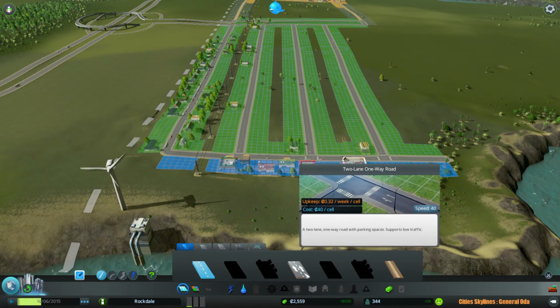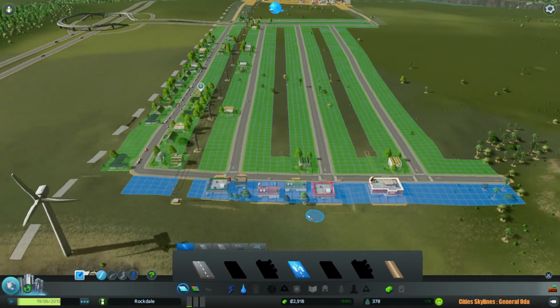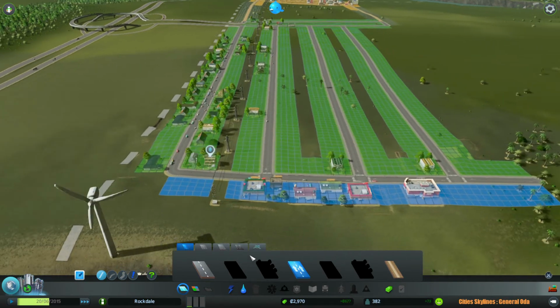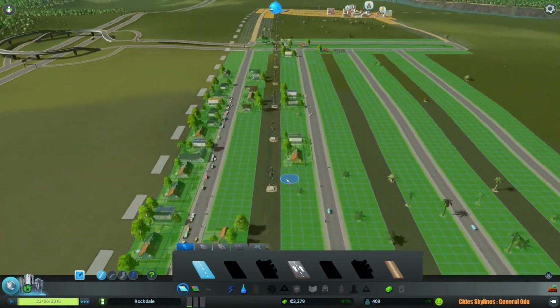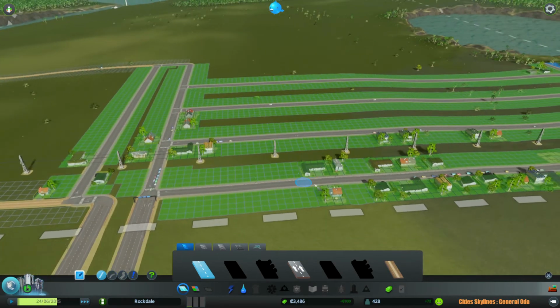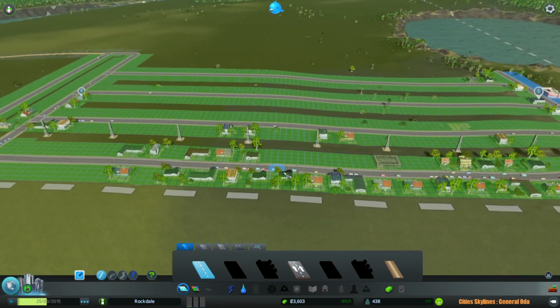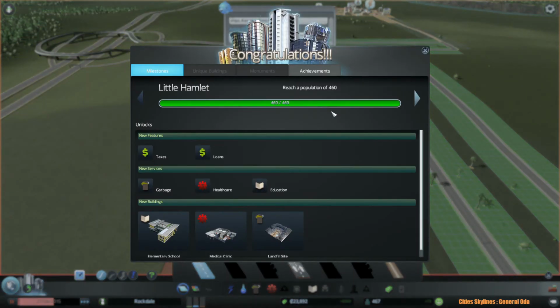You can also have one-way roads, but for now, let's play with that a little bit later, because we can have a one-way road here and a one-way road here, maybe 2 ways over there. Now, we want to be slightly efficient with our traffic. Right now, they're kind of going through there. So let's say we want to build...